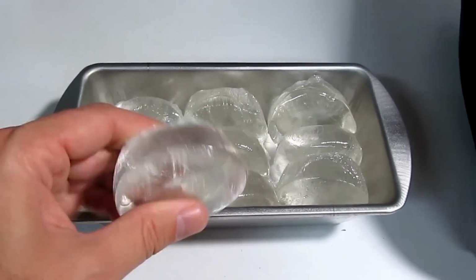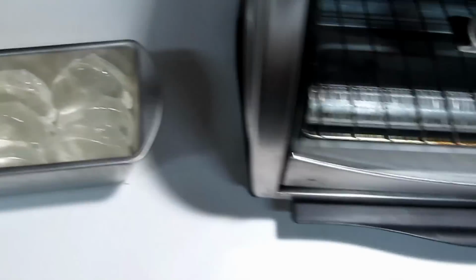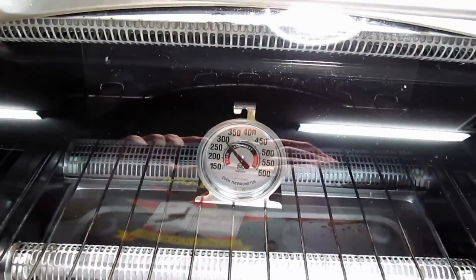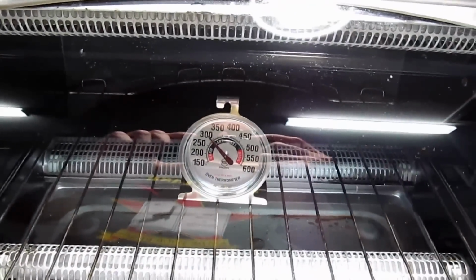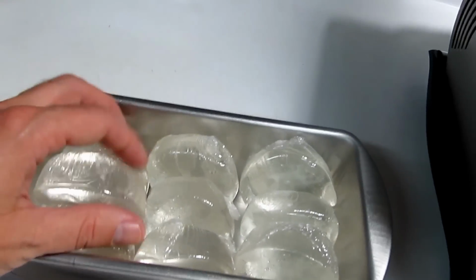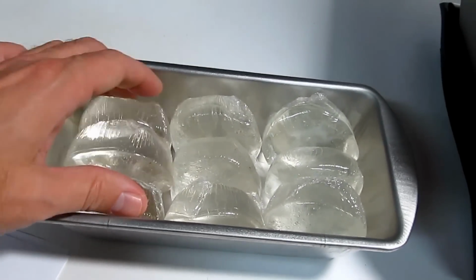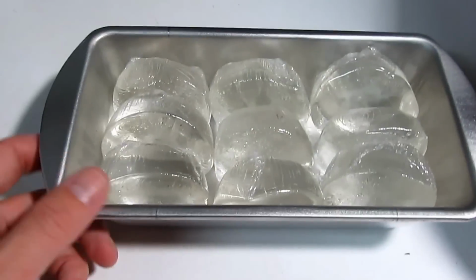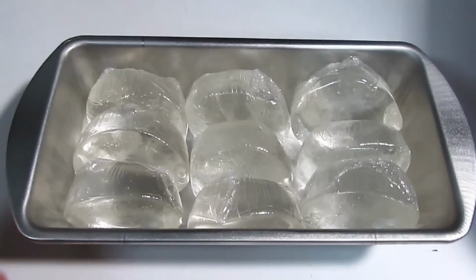What I'm going to do is unwrap them and place them in the toaster oven in this metal pan. The toaster oven should be anywhere between 260 and 280. It's in warm-up mode, so it's a little hot right now. Let the gel melt, and hopefully after the melt, I'm going to have one larger homogeneous block of ballistics testing gelatin, which I will then run some BB tests on over the next couple of days